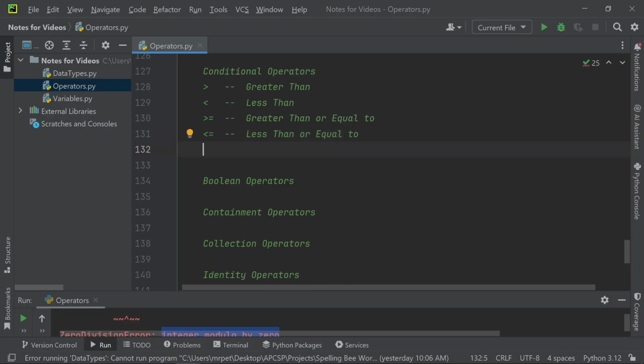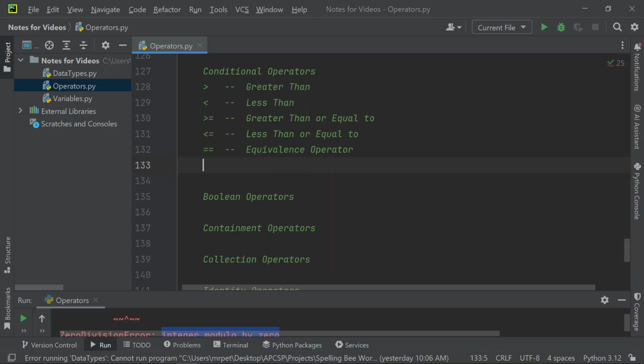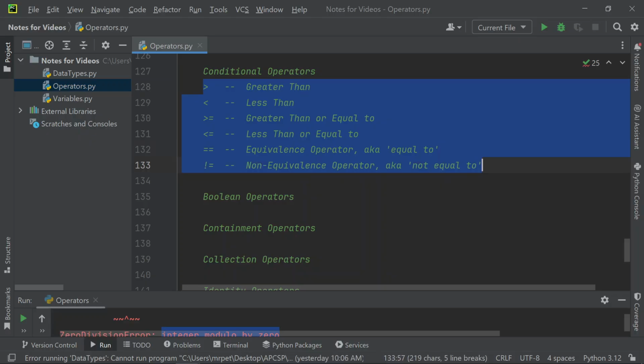And then we got some new ones. This is the equivalence operator. And here we have the non-equivalence operator. This is also the same as simply not equal to. And then this is the same as equal to as a check for equivalence. So what do I mean by this? Essentially all of these,